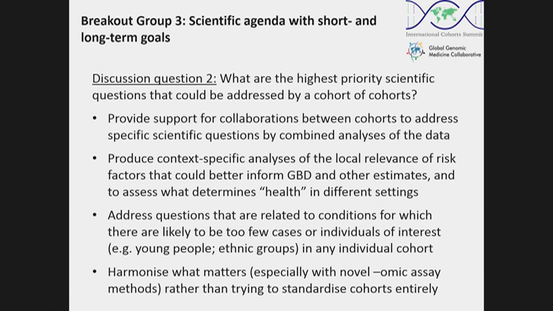When we came to question 2 around the highest priority scientific questions that could be addressed by a cohort of cohorts, one point that was made was actually there's some really good examples of this having been done in the past. Diet and cancer, hormones and cancers in women, breast cancer, ovarian cancer, endometrial cancer that Richard just referred to. There have been some very good examples of the value of that being done as collaborations between the cohorts. And it's often been done in kind of weekends, evenings, a little bit of money here, a little bit of money there, and that maybe there are opportunities to